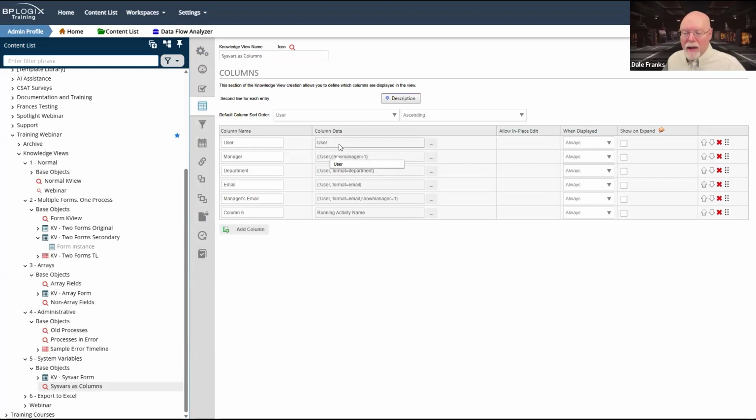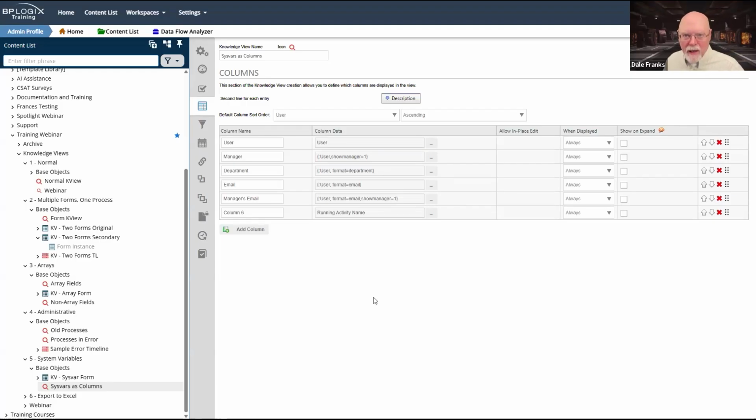Everything else that is being displayed in this knowledge view is all fake. I mean, it's not all fake. They don't exist on the form. They're all system variables that are derived from this single field on the form. They don't actually exist anywhere on the form.